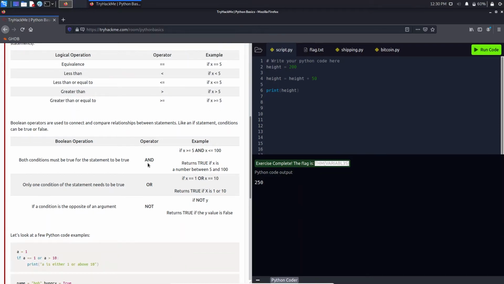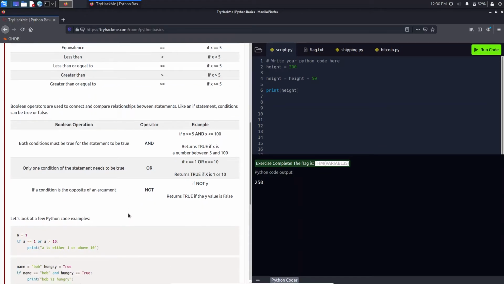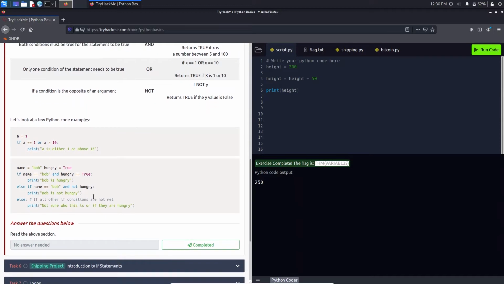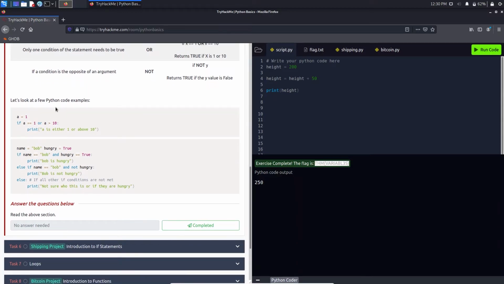And in the boolean we check with a true statement whether the conditions must be true, then the value next will be printed, and not, then return true if y is false, and you will just understand if you just use these. Nothing hard to understand. So let's take a look at a few Python code examples.